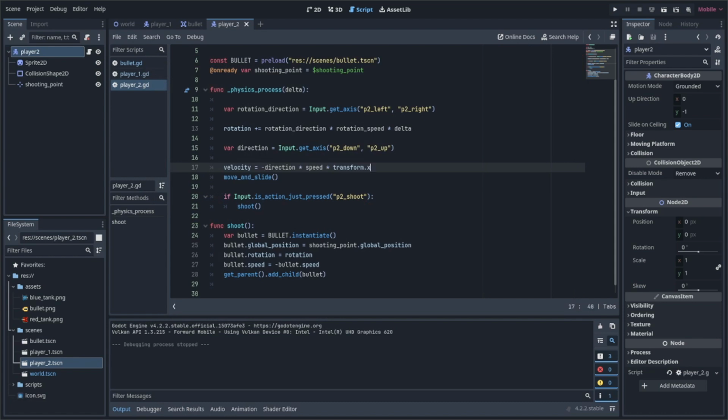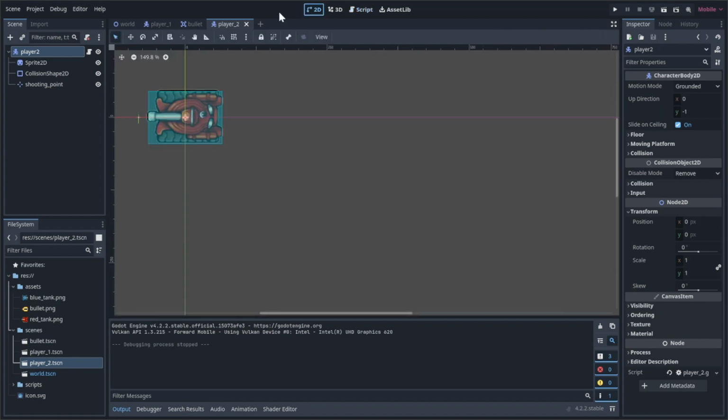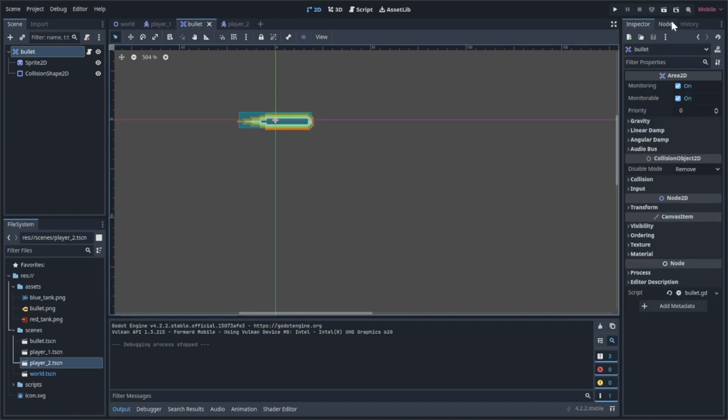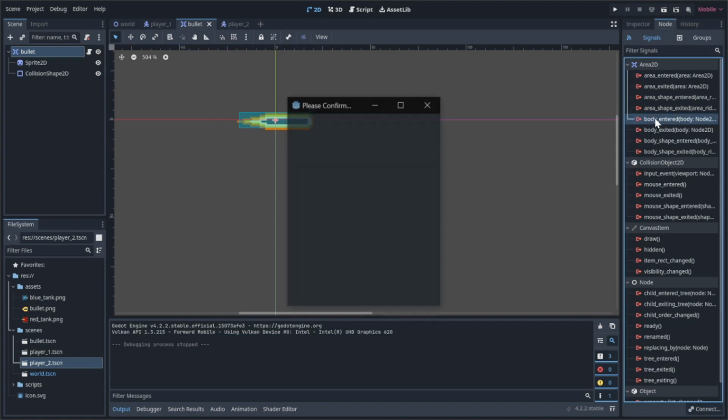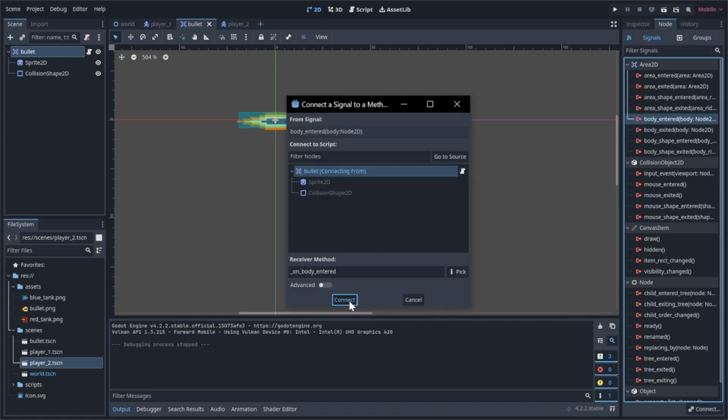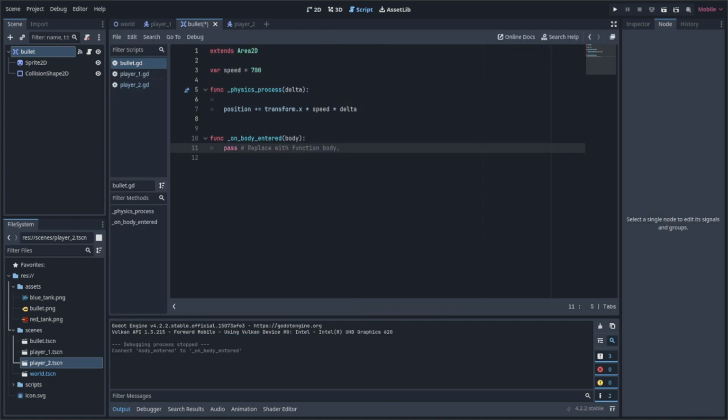Okay, so the next thing is right now the bullet, we can fire the bullet, but it doesn't actually do any damage. So let's make something actually happen when the bullet is fired and when it touches a player. So I'm going to go to 2D, I'm going to go to the bullet, and I'm going to go over here to node, and I'm going to add a signal. Okay, it's going to be the body entered signal, and if I hit connect,